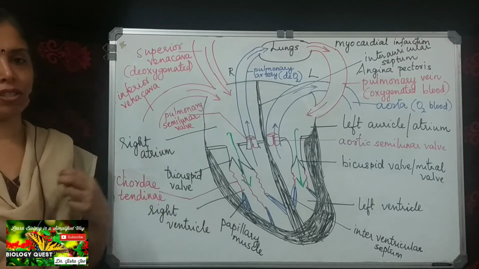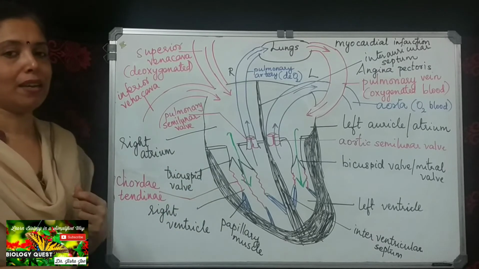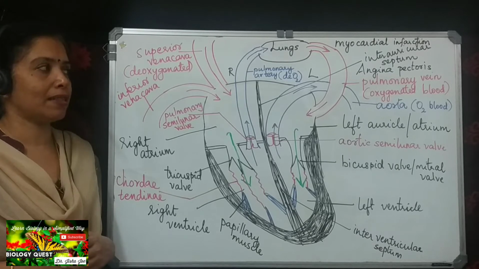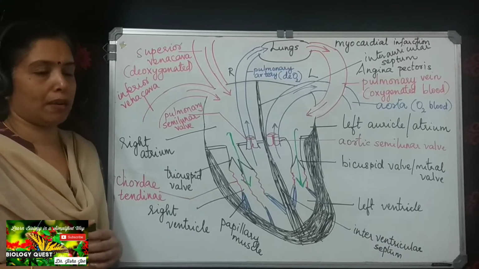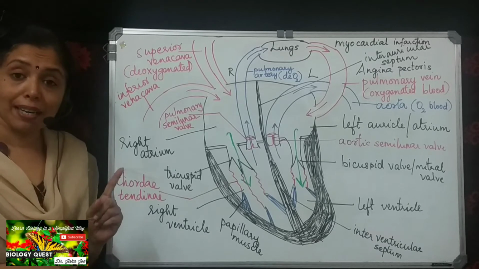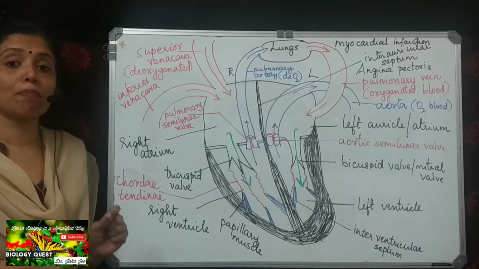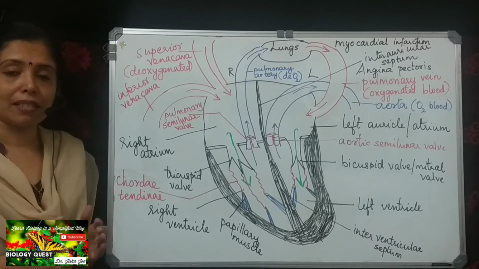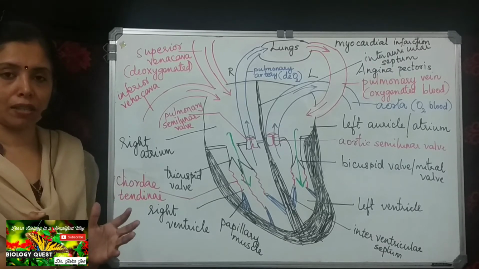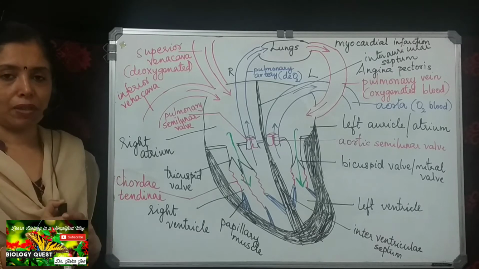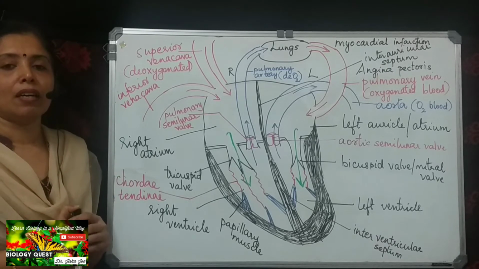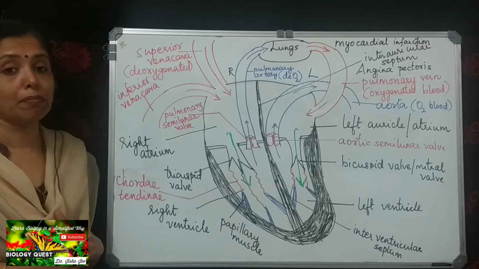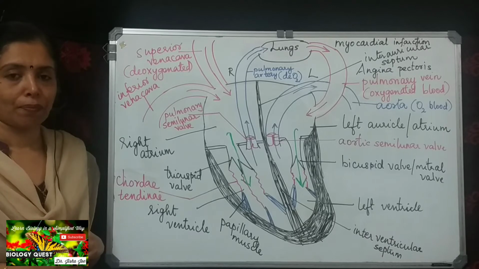We feel the small chest pain which occurs due to insufficient supply of blood to the heart muscles, and that condition is called angina pectoris. Whereas myocardial infarction is caused due to the blockage in the branches of the coronary artery. As a result, the muscles of the heart at that particular region become dead. This leads to a condition called myocardial infarction.